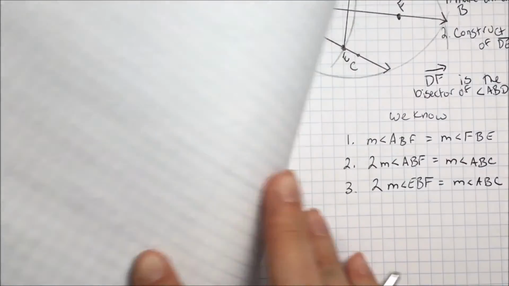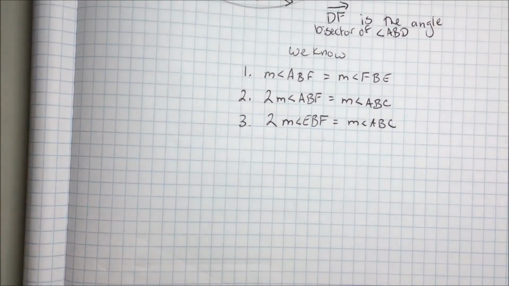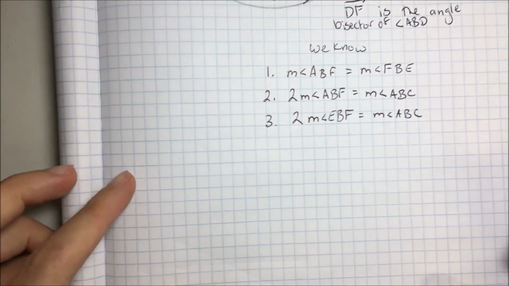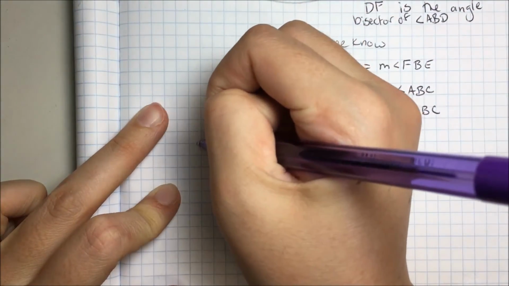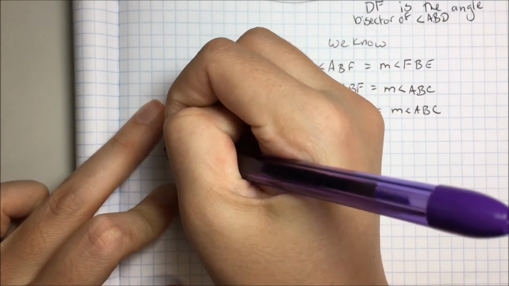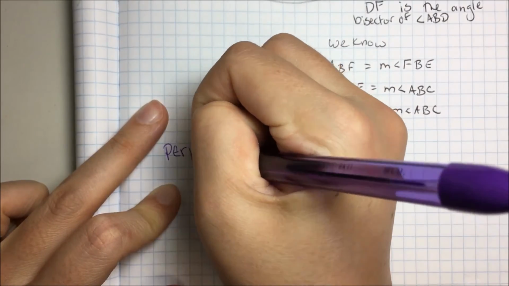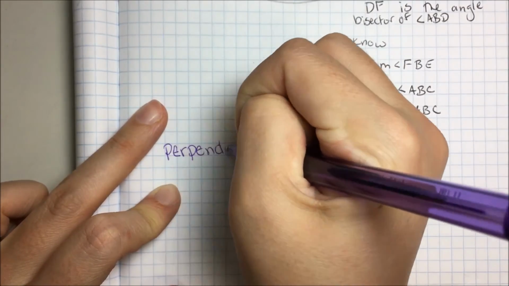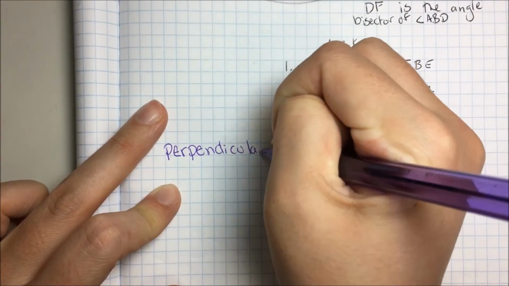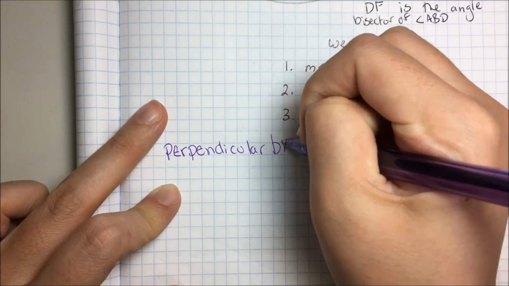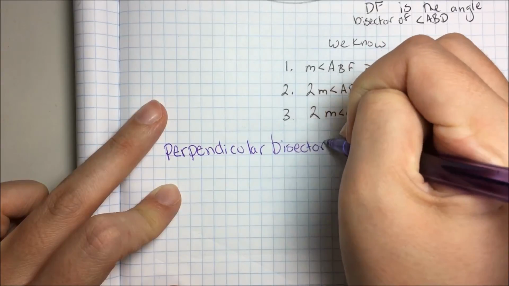So let's make a little chart here about things we can do with each construction. So construction 1 is the perpendicular bisector, and with that